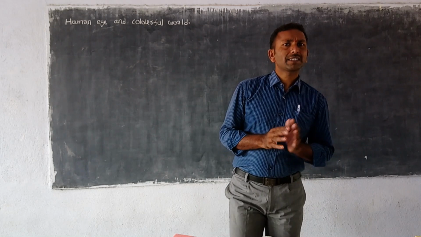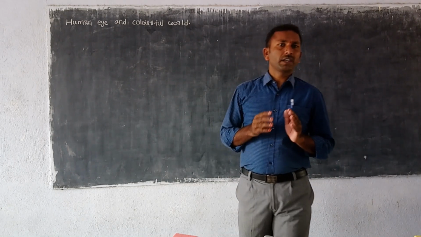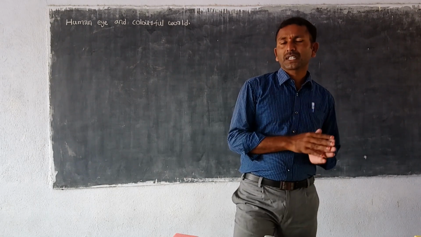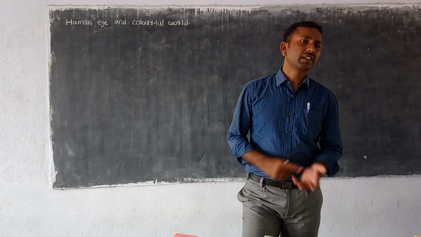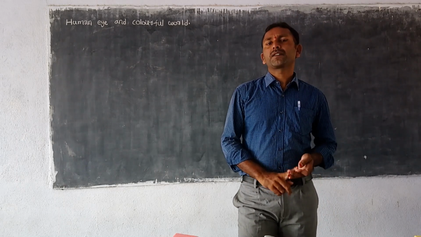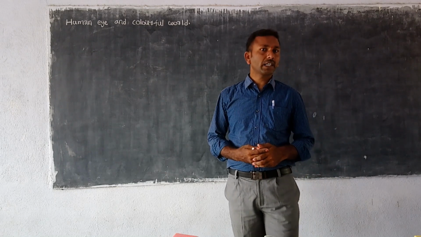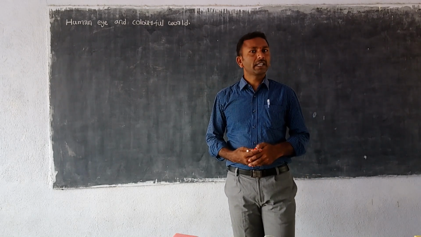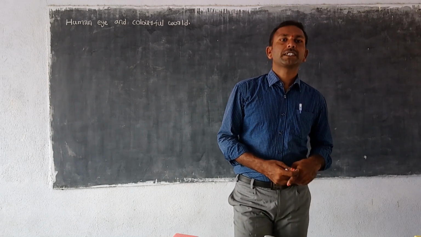And what is refraction, what is reflection, we have also learned. So in the previous lesson we learned mainly about lenses. For what purpose are we using a lens? To converge the light rays or to diverge the light rays, we are using the lens. Like biconcave lens, biconvex lens, double concave lens, double convex lens, convexo-concave lens, convex lens, concave lens, etc. We have learned in the previous lesson.